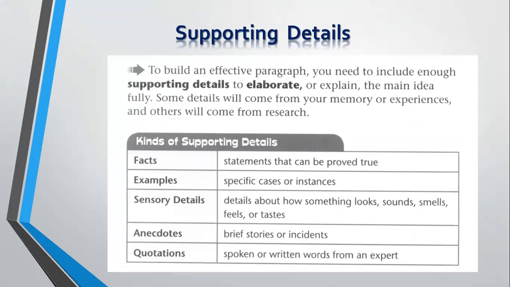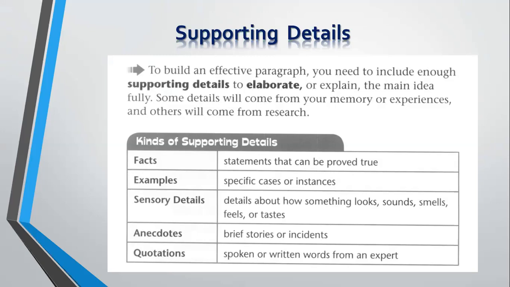You can state some facts to make your writing, let's say, credible, to make it strong. So using facts makes me believe what you're writing, and facts support more in expository texts. Examples: you can give examples of the things that you're explaining. If you're speaking about the beautiful smell of flowers, you can give examples about the smell of roses or jasmine and so on. The sensory details: if you're going to write a descriptive paragraph, you use your five senses, what you hear, what you see, what you smell, what you taste, and so on. Anecdotes,